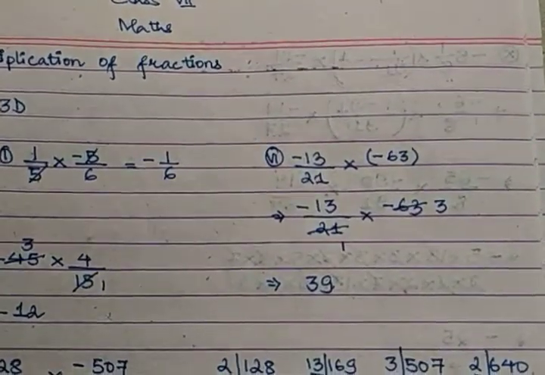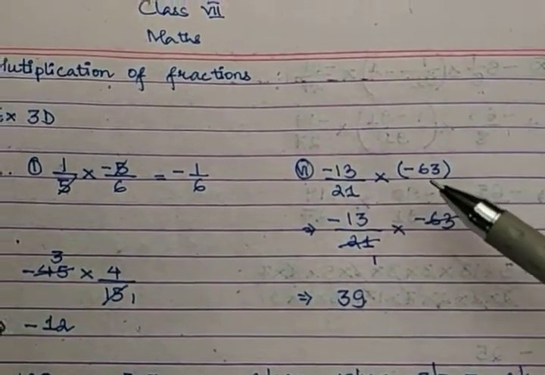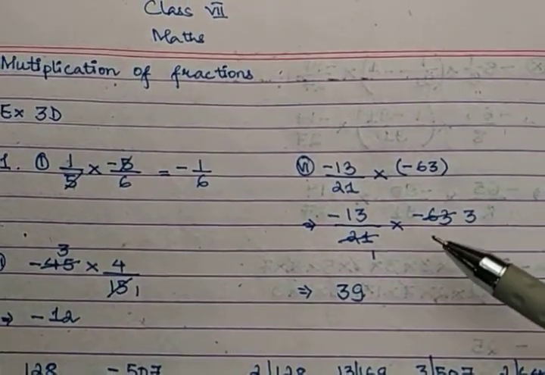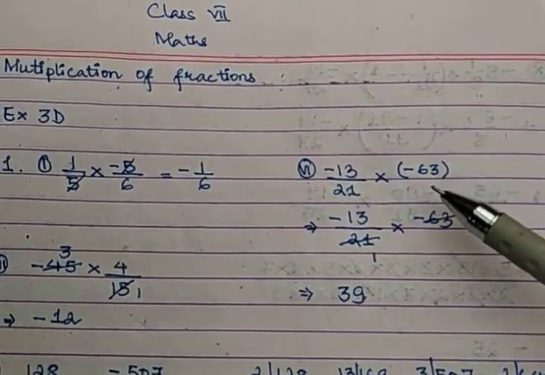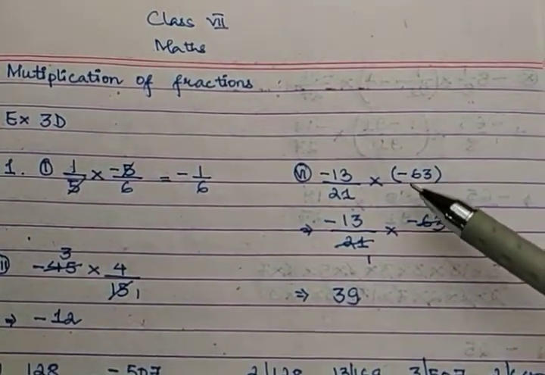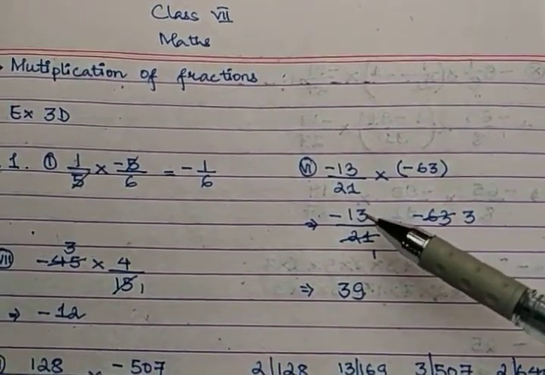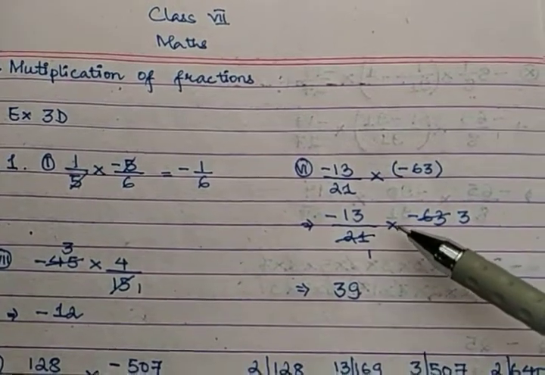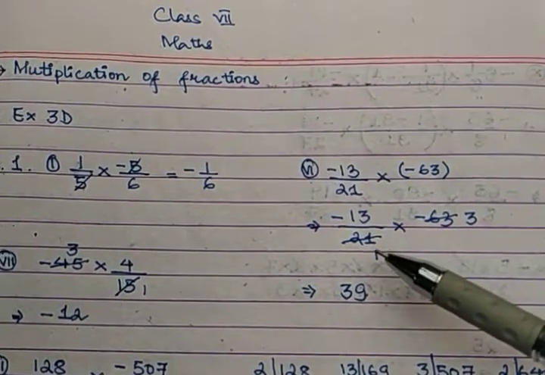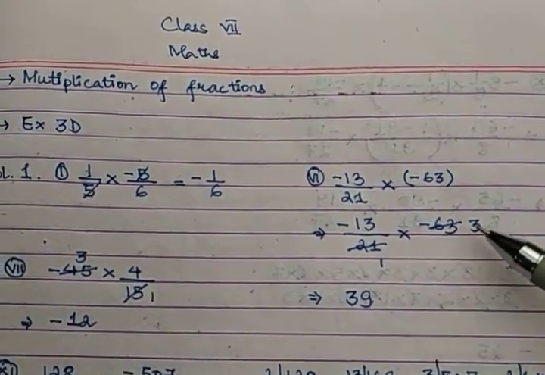Similarly, for the second question, question number 6, we have minus 13 divided by 21 into minus 63. It's given in brackets, minus 63. Also, the denominator is not given. If the denominator is not given for the fractional form, we know that the denominator is 1, isn't it? So again the same thing happened. I've opened up the bracket in the second step, so it is minus 13 by 21 as it is into minus 63. Now I see 21 can cancel 63. 21 1 times is 21, 21 3 times is 63, so that's why I have cancelled it.